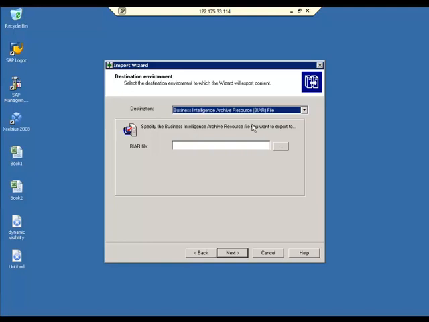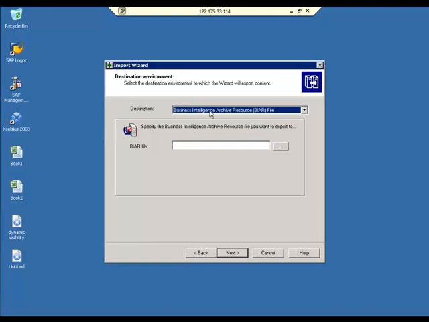The reason is, if anything goes wrong, you can again revert back from BIR. BIR is basically for backup. So that's why before moving from dev to QA, it goes dev to BIR, then BIR to QA. That is the best practice. Again, if you are moving from QA to production, QA to BIR, BIR to production. The basic reason is you are taking a backup of those files.